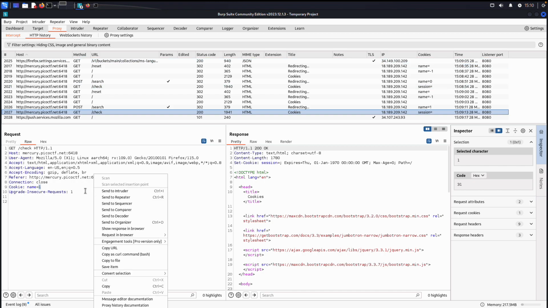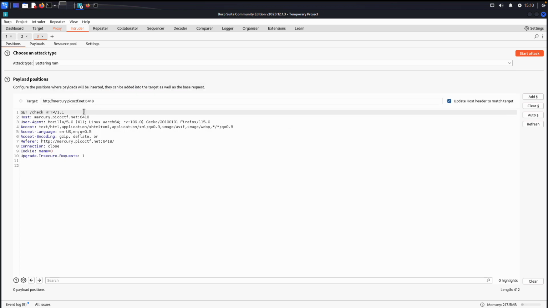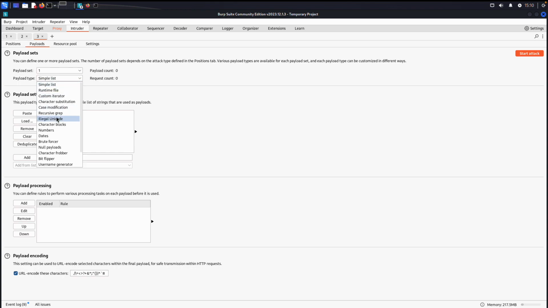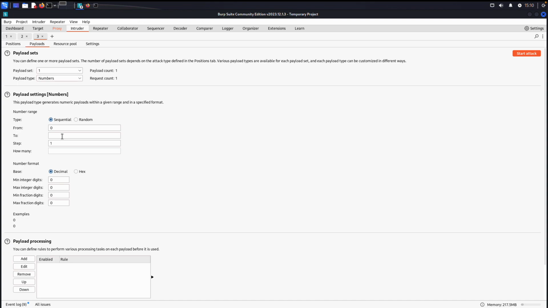So let's send this one to the Intruder and use the battering ram attack in this, and select this as a payload, since this is the only option we have. So we will be selecting payloads, and this would be numbers, since in this case we can only give numbers and nothing else. So let's try from step 0 to step 30, and it will iterate with +1. And if we start this attack,